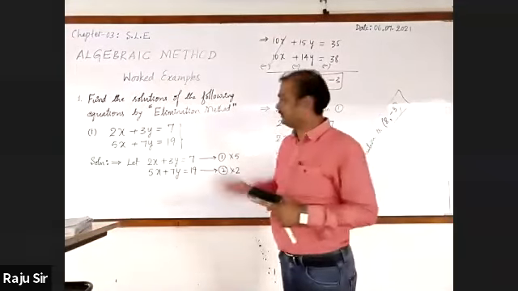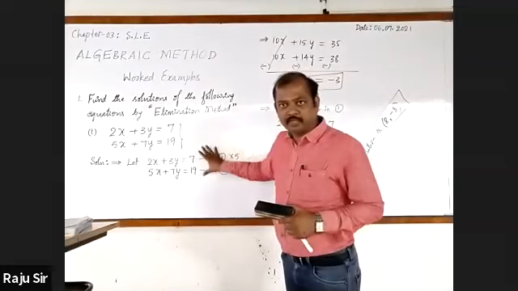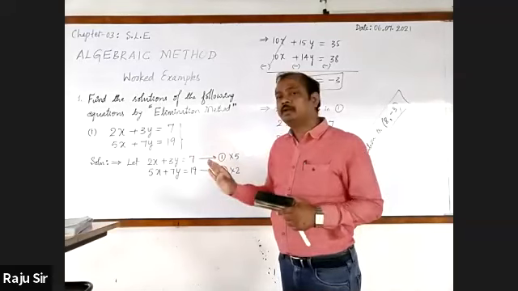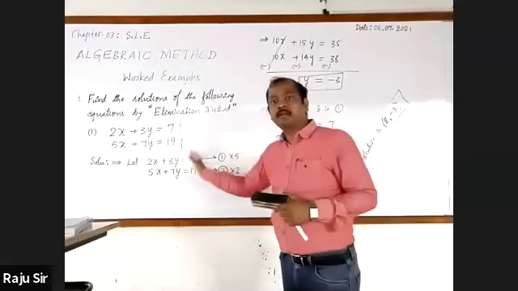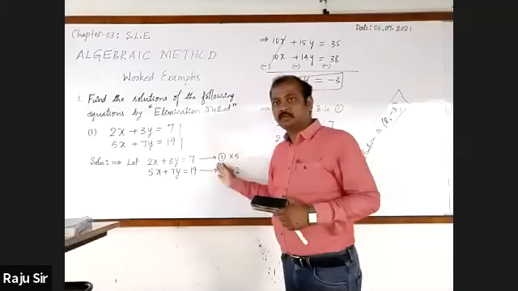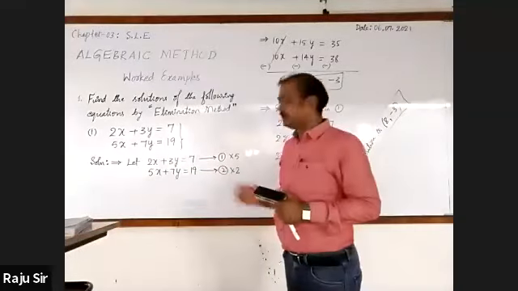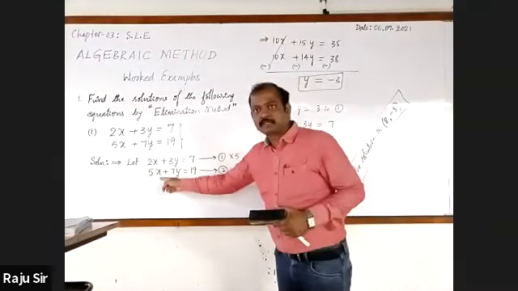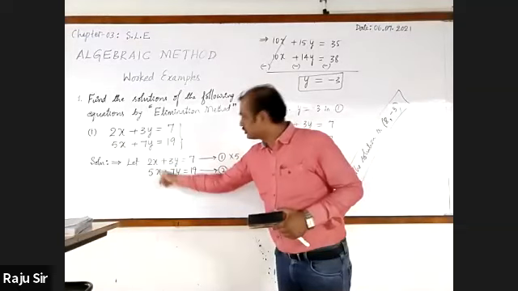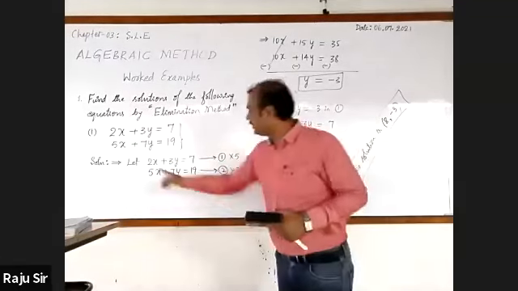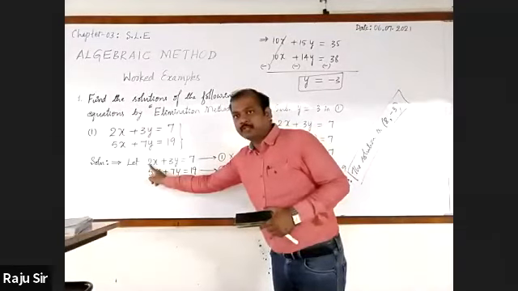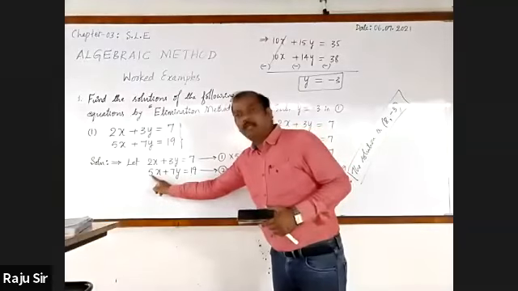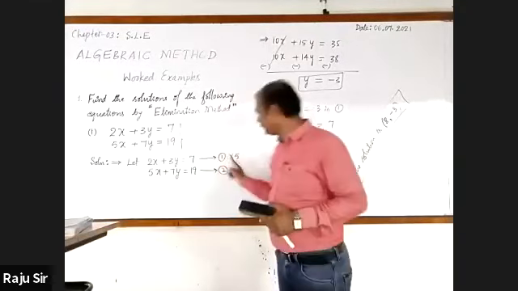Listen carefully. First, we will write the given equations as they are. They should be written in standard form, and in that standard form, write the constants on the right hand side and algebraic terms on the left hand side. Name them as equation 1 and 2. To eliminate x, their coefficients should be the same. So for equalizing, the coefficient of x in the first equation is multiplied with the second equation, then the coefficient in the second equation is multiplied to the first equation.